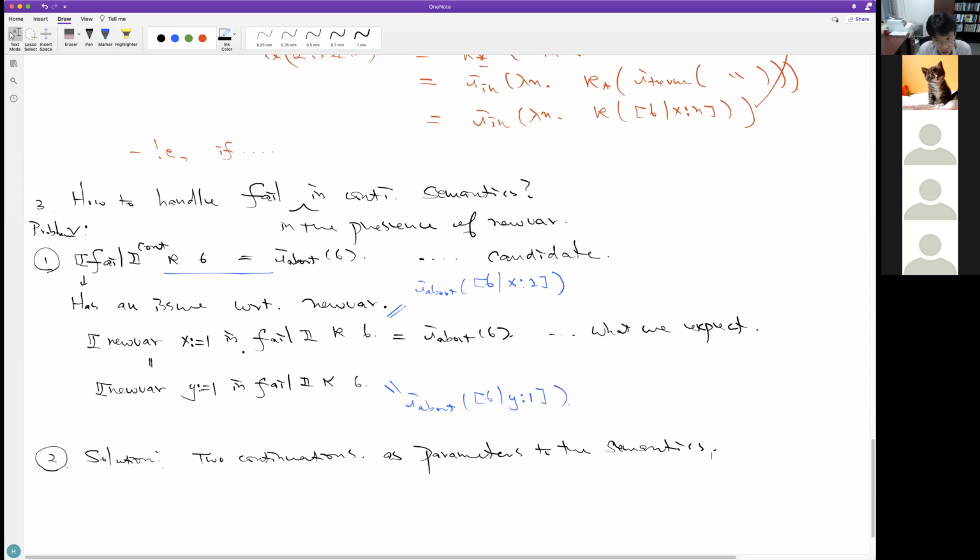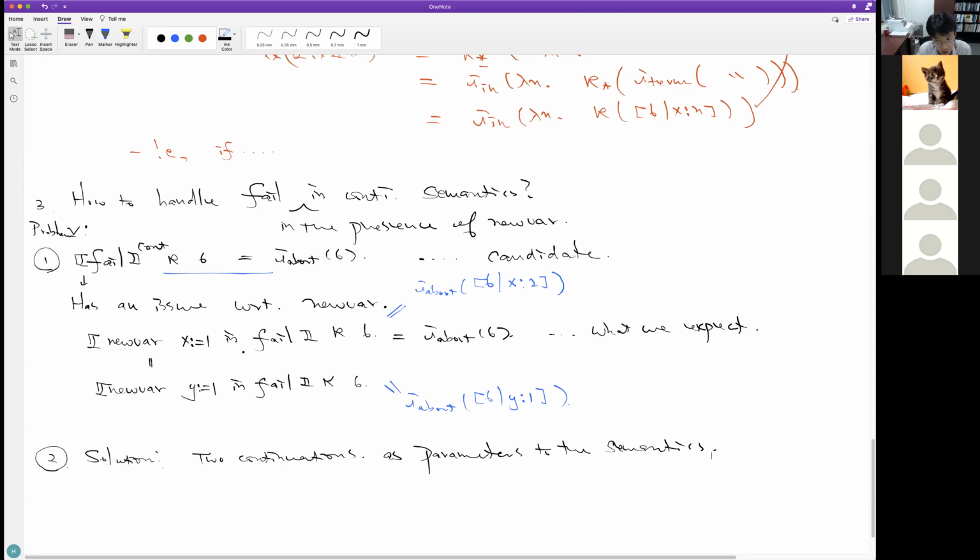This is the usual continuation, and this is a continuation for fail. Another way to think about this second continuation is that it's a continuation that knows how to restore the value of the global variable. Sigma is the input state, and omega is the final answer. So that's the setting.